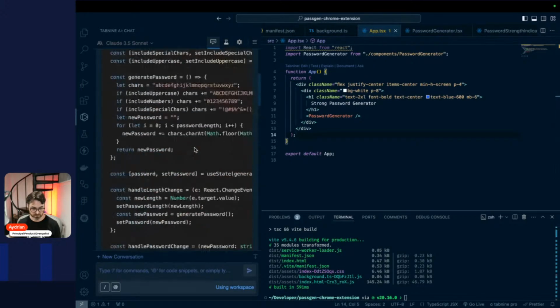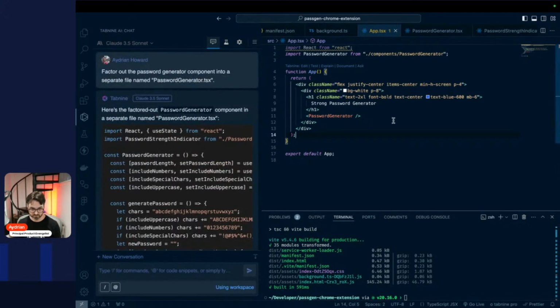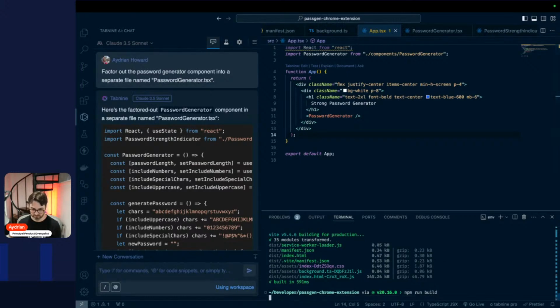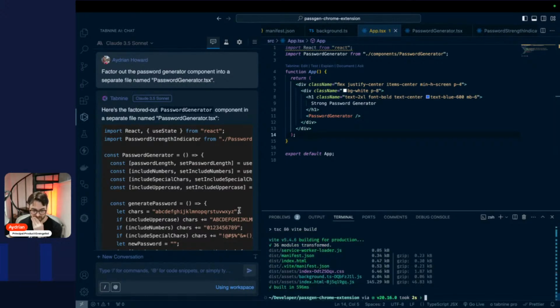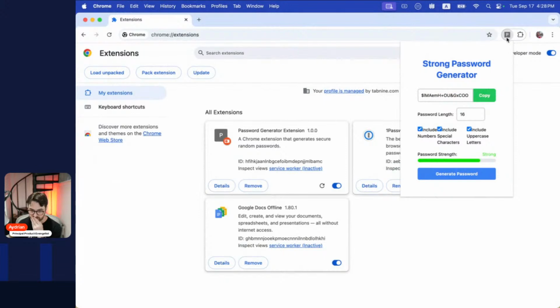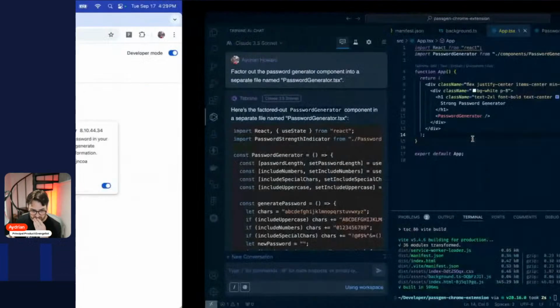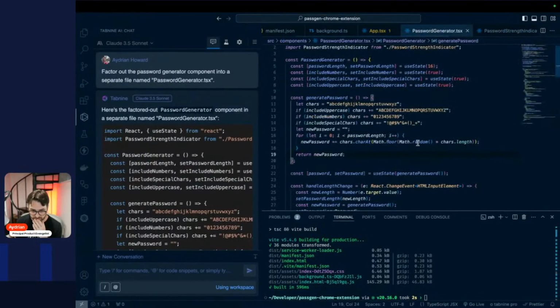Yeah. And then this should be fine now. And I think really nothing has changed. Cool. So generate. Still a weak password. Okay, so that's good. So now we have the password generator,